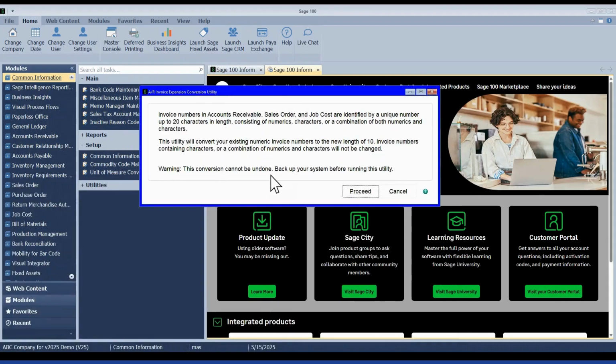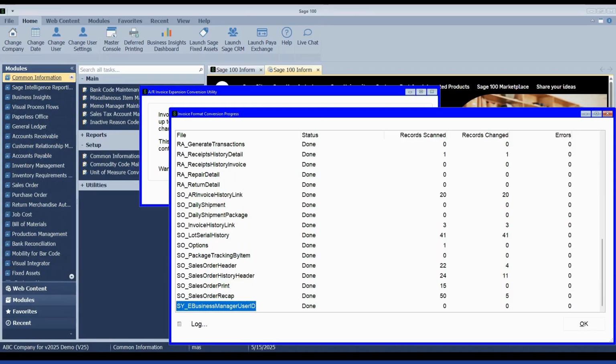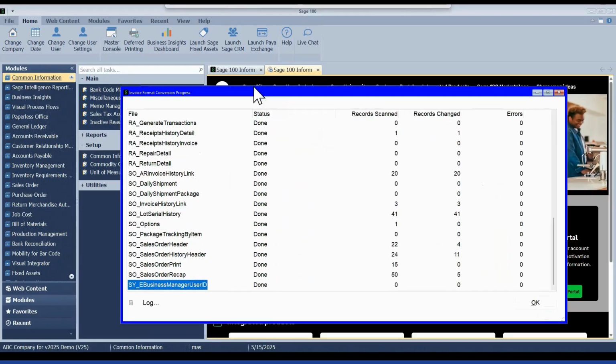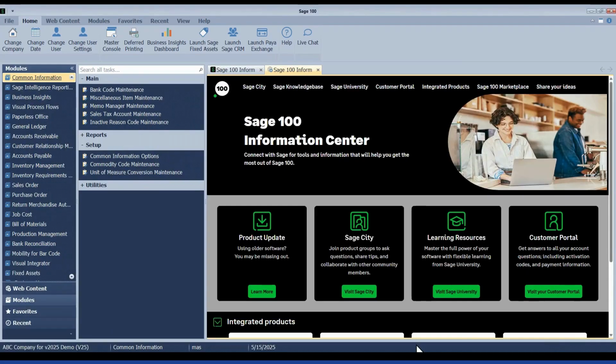It's letting me know that it cannot be undone. I'm going to go ahead and proceed here. And it actually goes through and scans all the records, making those changes. This log of entries gets added to the activity log in Library Master. So there is an entry made that both the utility was run and this log of the record numbers of changes. Hit OK there.